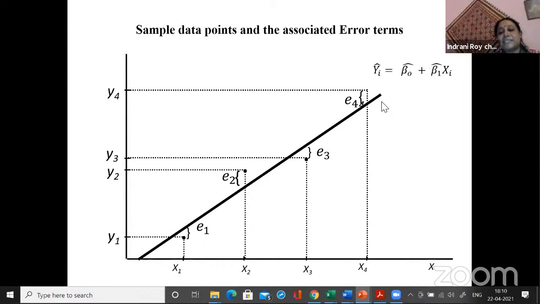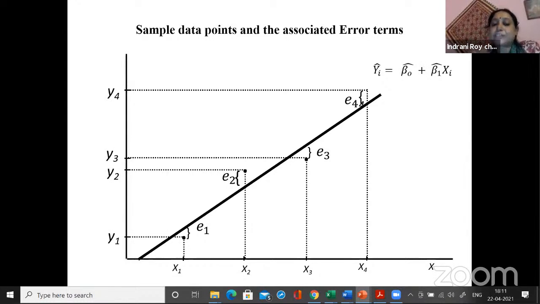Now, when you are taking the sum of all these error terms, you see that some scattered points are lying below, some scattered points are lying above. So when you take the sum of all these distances, given that some are lying above, some are lying below, some will be positive, some will be negative. So when you take the sum of all these, some will be cancelling out, and therefore you may not get the relevant magnitude of your error. So in order to solve this, basically you take each of your E1, E2, E3, E4, and this way En, and you take the square of this.